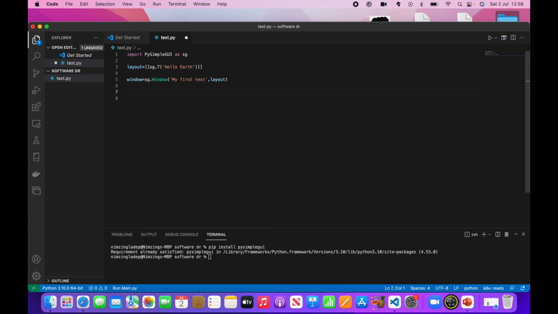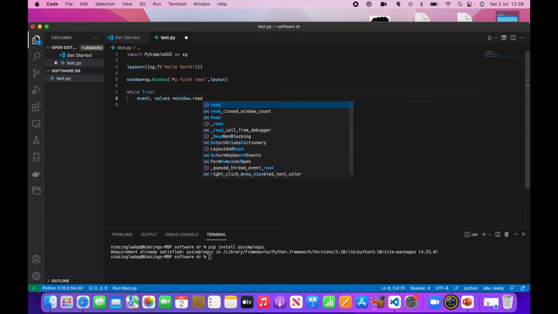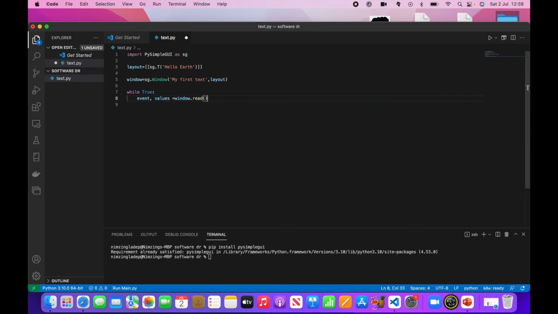So what you can say here is, you would start with while True, something known as a while loop. So while things are going on here, it's true, you should read your event, values equal window.read, okay, you close that,